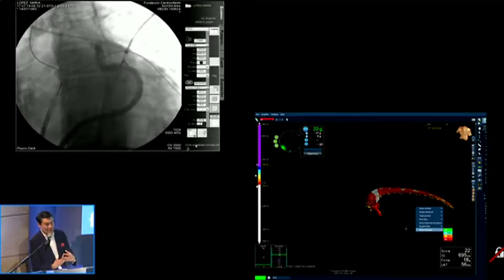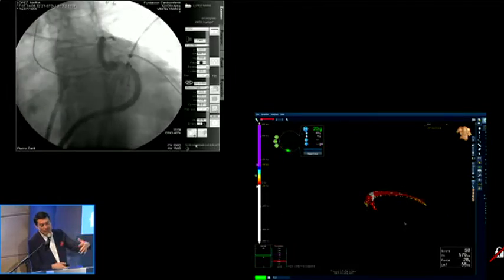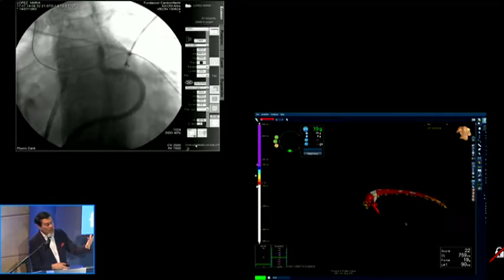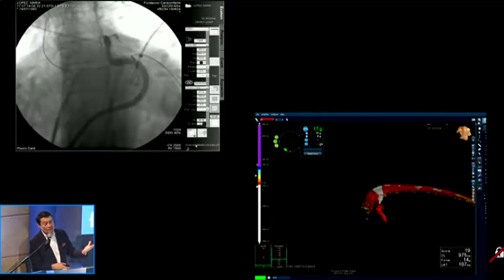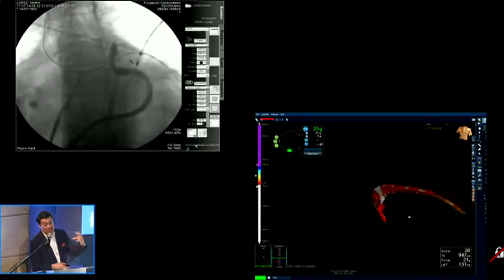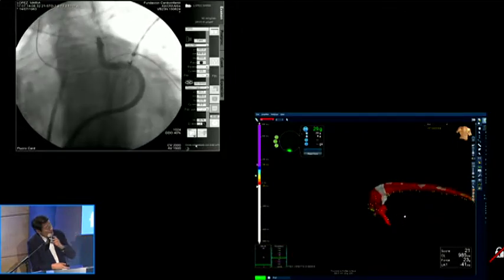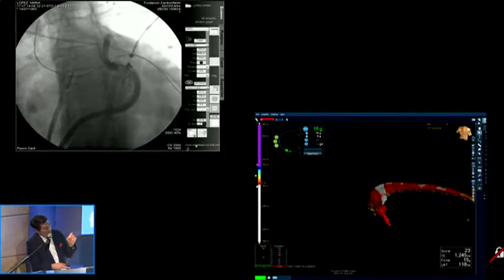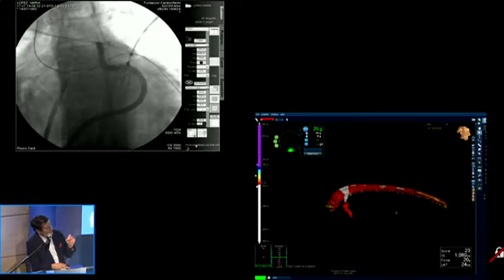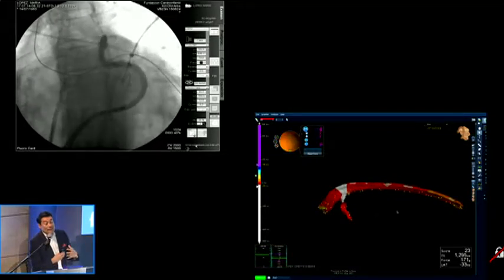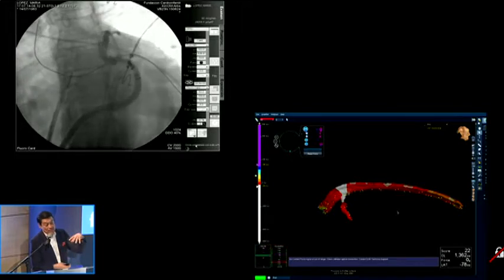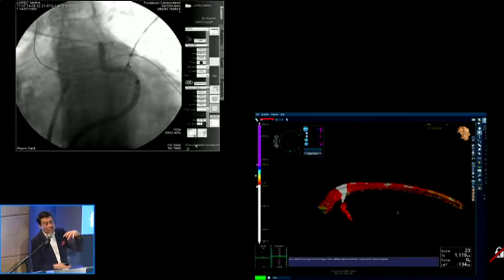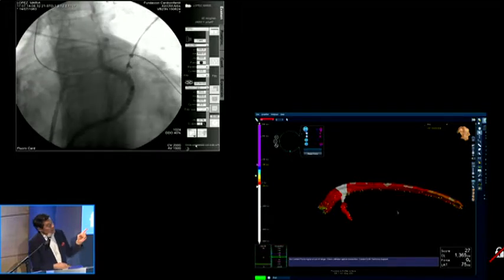you need to be as specific as possible, because filling the entire wall with prolonged application using high power and high contact ends up favoring the formation of a diverticulum. Fermin, I don't know if you agree with me. Fermin? In order for you to create a diverticulum in that area, you must have applied many times in that